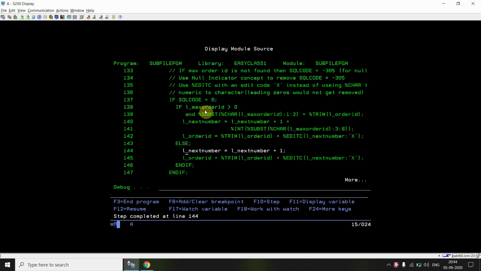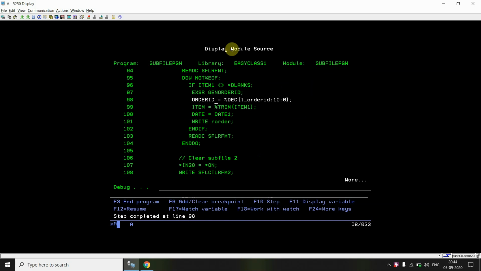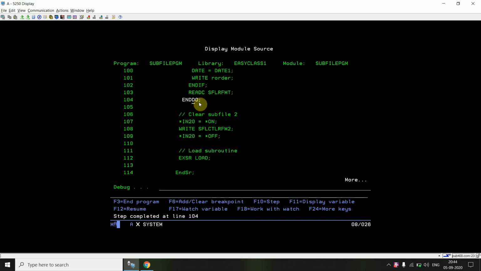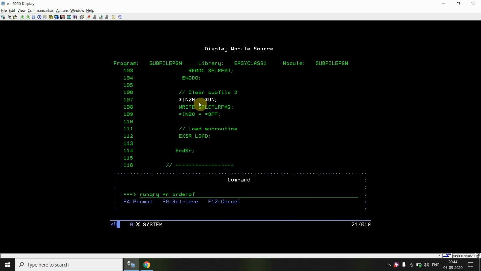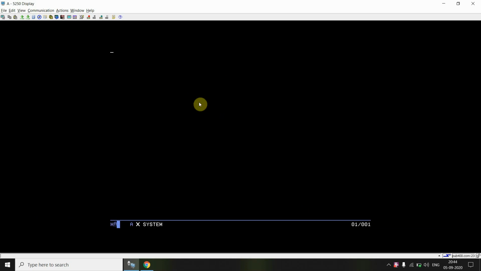No. Come to this, the next number is first. Order ID is 20, next number is this. So the edit code will not suppress the leading zeros, and it will add them as they are to the L_order ID. So you will be seeing that the order ID is generated like 2000001. Order ID is generated successfully. It will then convert it to decimal and evaluate it into the file field. It will write into the order PF. It will check if any other record changed, no, just check. So the record is written successfully.